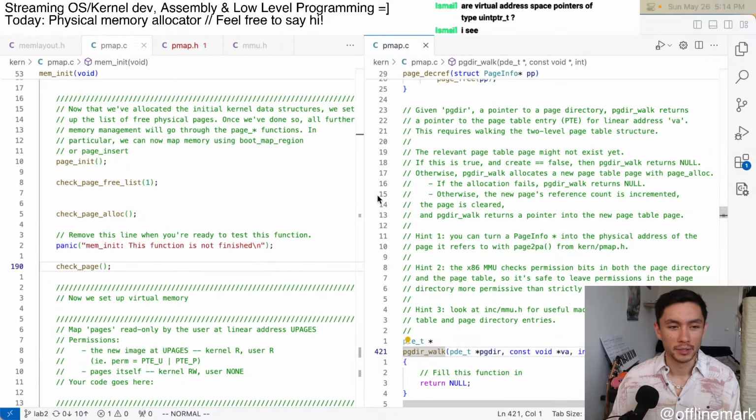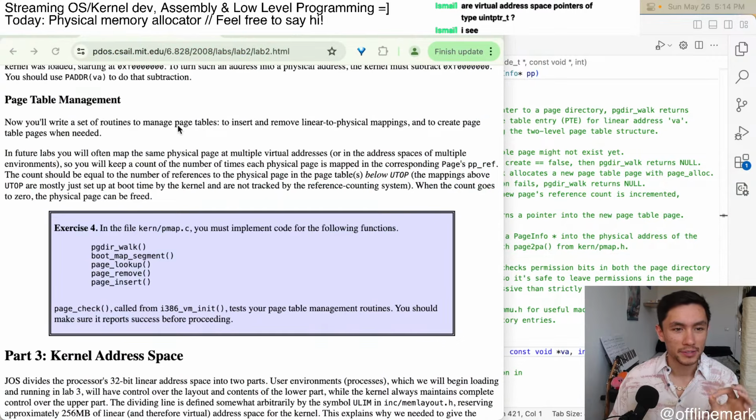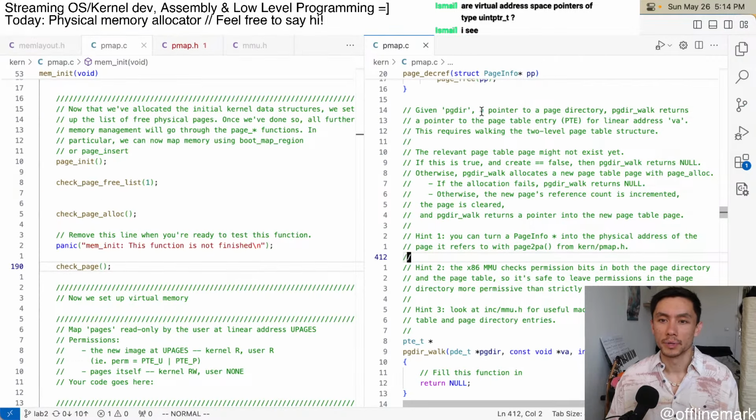But what is the goal? Wait. So routines to manage page tables, insert and remove linear to physical mappings, and create page tables. And for some reason we need to walk. Okay. Given pagedir, a pointer to a page directory, pagedir walk returns a pointer to the page table entry for linear address VA. This requires walking the 2-level